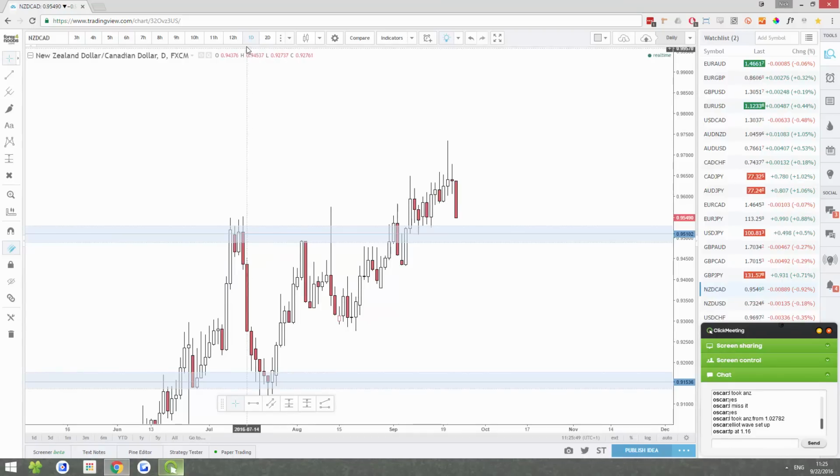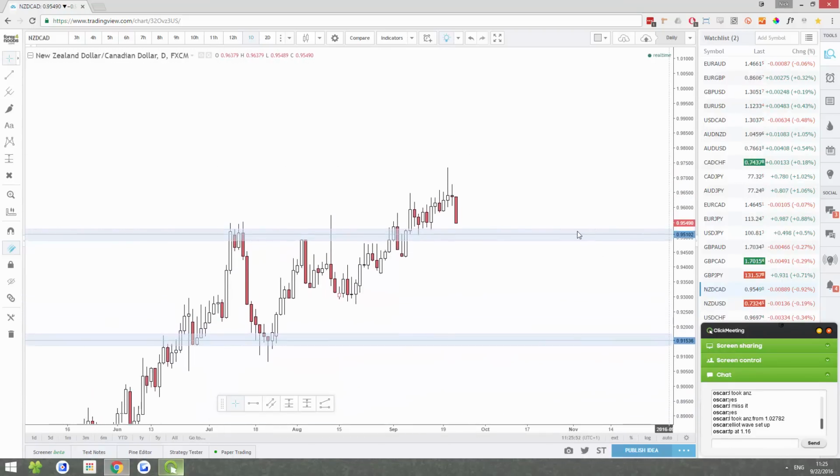New Zealand CAD. Yeah, New Zealand CAD's actually completing a pullback. You know the setup I was talking about, the one we're discussing in the forum, like the experimental setup? In case you guys haven't seen it, I put up a new section on the forum. It's about halfway down the main section. It's called experimental price action or something like that. And basically we're looking into trading different setups other than reversals, which is pretty exciting. We're looking to trade continuation trades,